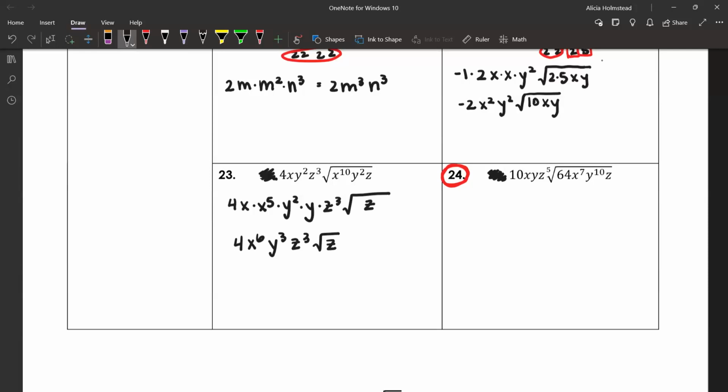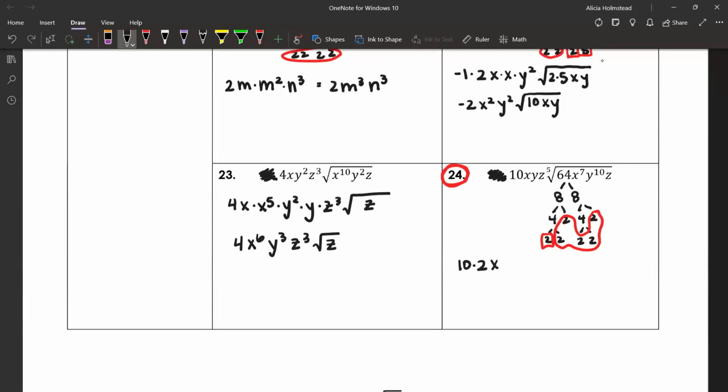Alright, let's see if this is what you did. So 64, we've got to break that down. 64 is 8 and 8, which is 4 and 2, which is 2 and 2. Our index is 5, so we're looking for groups of 5 things. It looks like we've got a group of 5 2's with 1 left over. So simplifying this, the 10 stays, the 2 from our group of 2 comes,